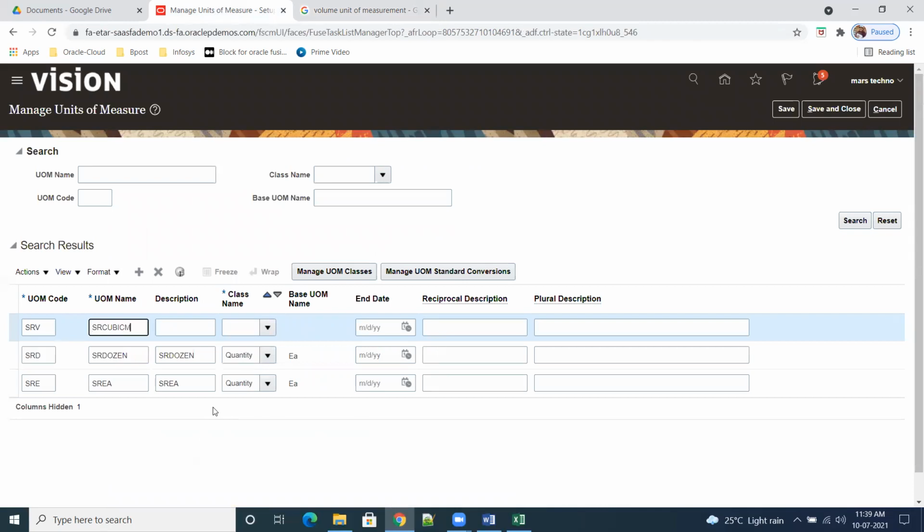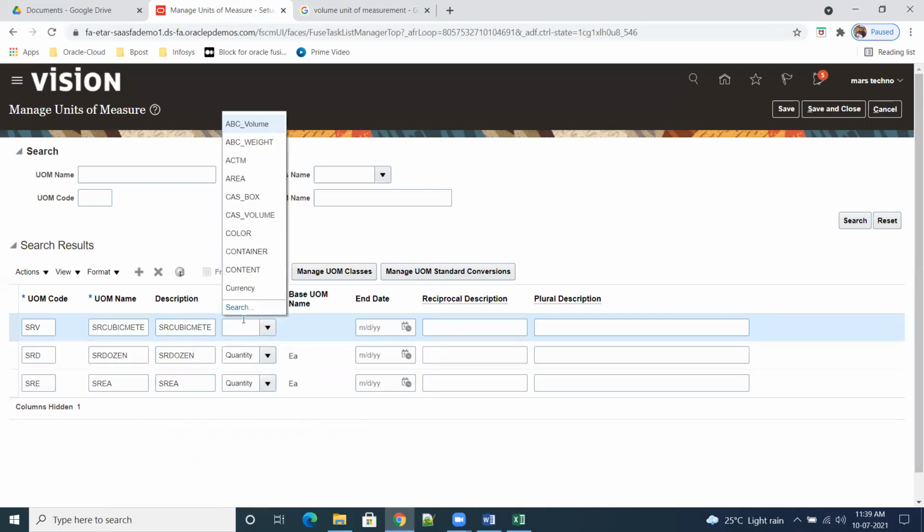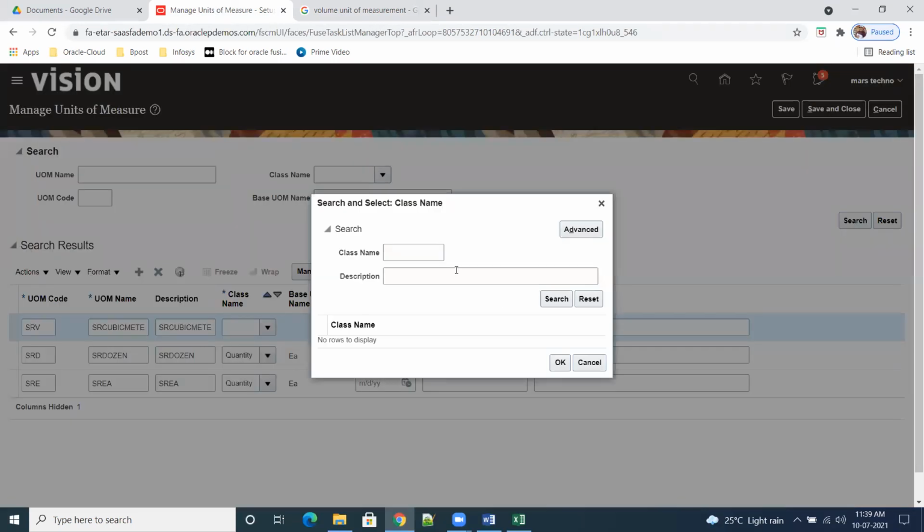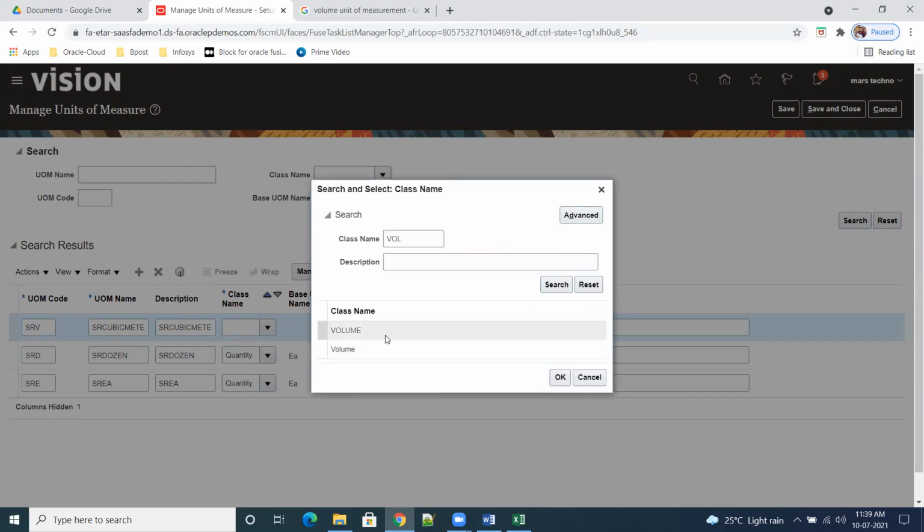Cubic meter. Yes, cubic. Okay, it is my volume class, which is shaded here.